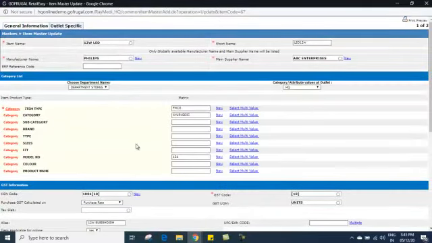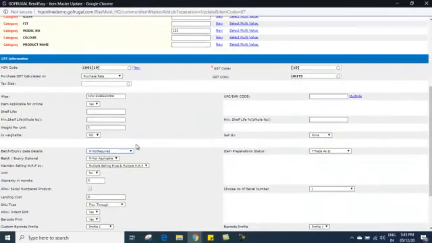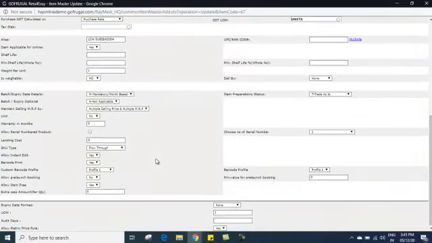If you want to make this item's expiry mandatory, whatever the item is, then choose the mandatory one. Now, the second option is also important, that is batch expiry optional.